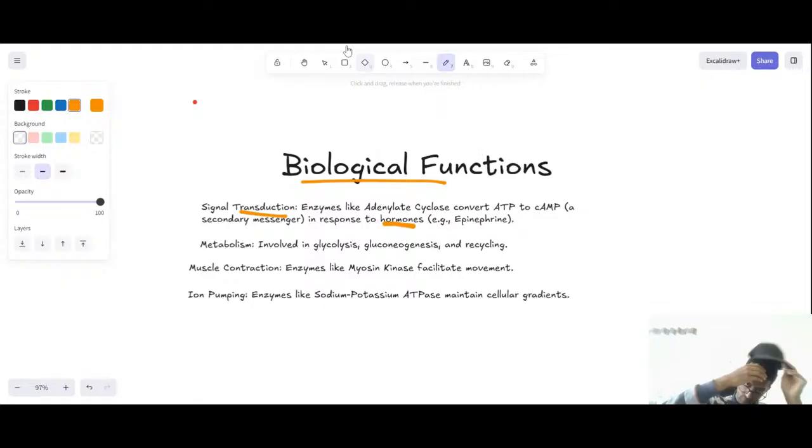Gluconeogenesis primarily takes place during fasting states. Liver glycogen provides the initial buffer for blood glucose between meals, and gluconeogenesis becomes the dominant source of glucose as fasting is prolonged, typically beyond 18 hours.